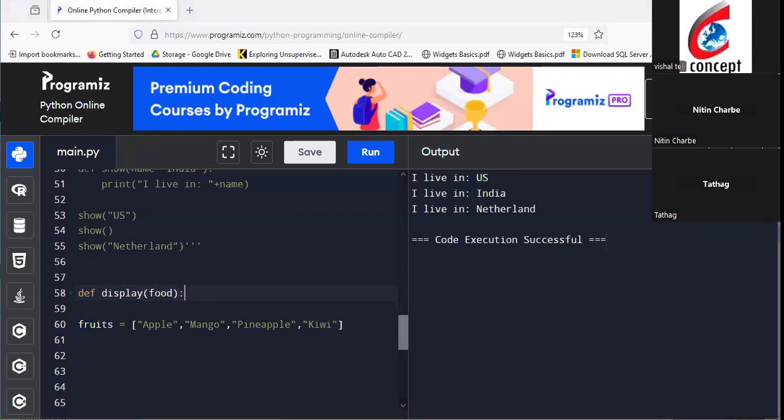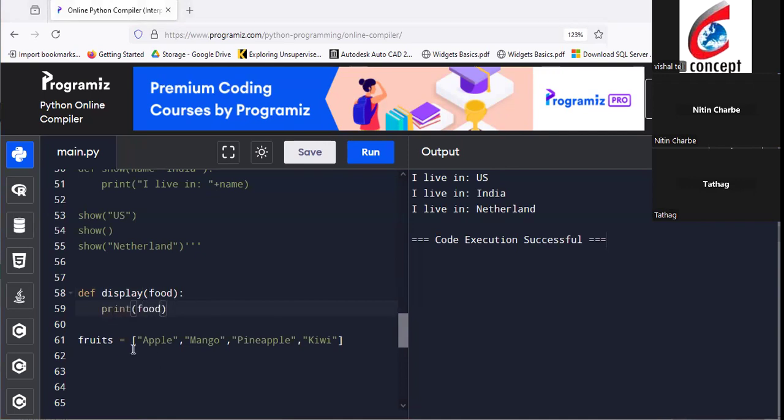Now how do you see, if I just bring here food, what is going to happen? See, this is a list. We are not yet calling the display function. Remember, I have fruit names stored in X. It's like an array. So in X, the first position will be apple. Second position it's